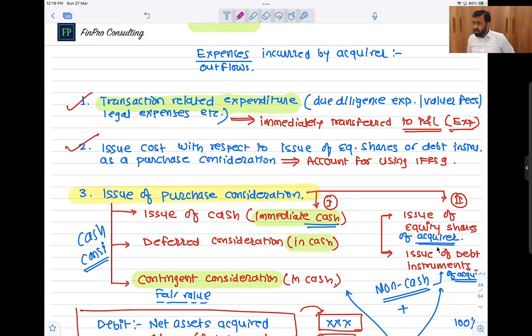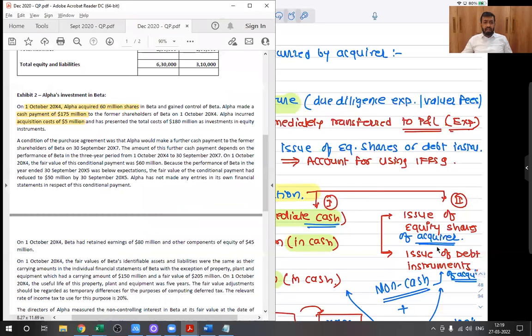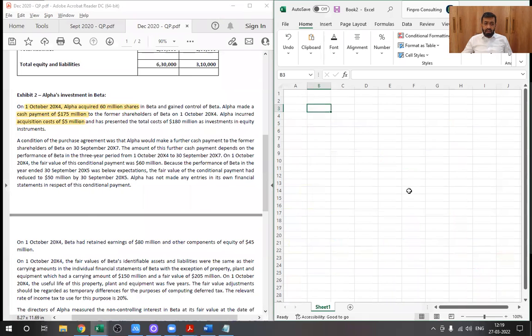Correct? So your issue expenses, where those have been classified as a part of this amount, the investment amount, is it correct? It's wrong. You will have to make an adjustment for this amount here. Correct? Now,